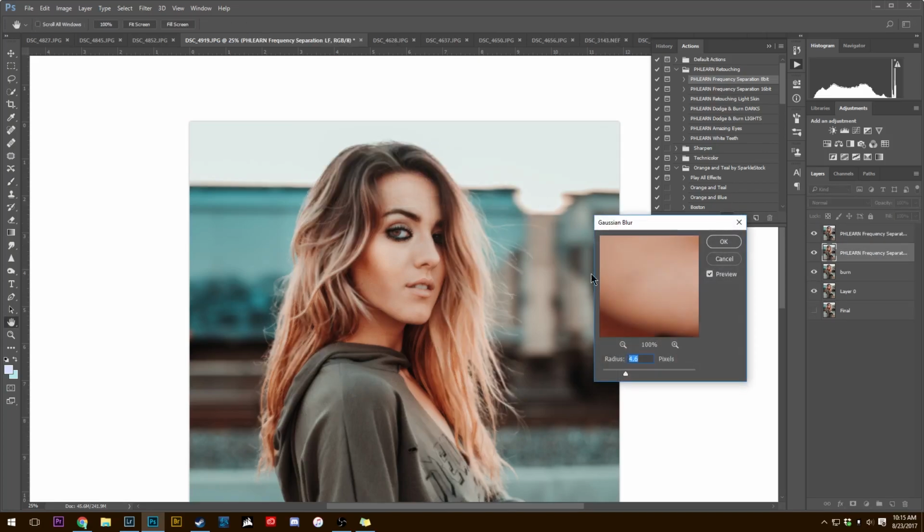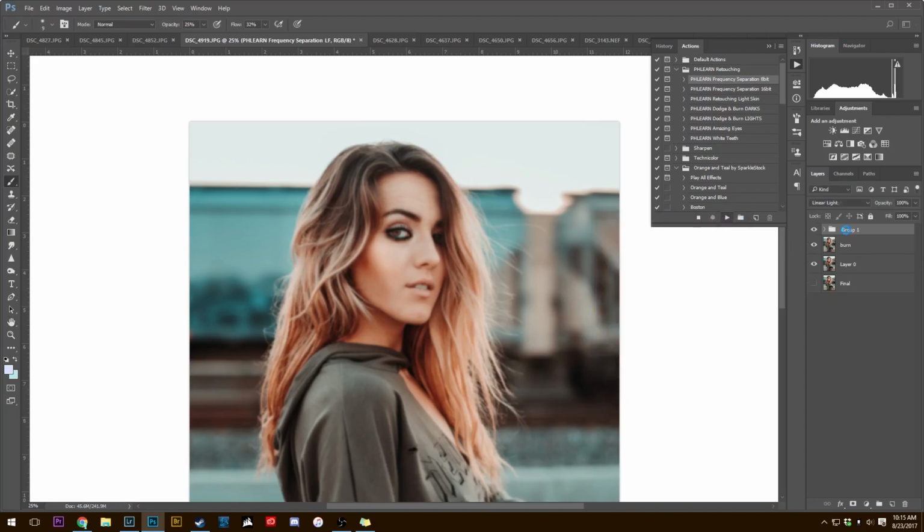It has you pick the blur, basically the Gaussian blur. That's how you pronounce that. I usually pick around 5 or 6. We'll do 6. And it'll finish up. I go in here, go to the colored part of the frequency separation, because basically what it does is it separates the texture from the color. So if you disable the texture, it's just the color. There's no texture to the image. Disable the color, it just has texture and I guess a little bit of color because of the previous layers, but